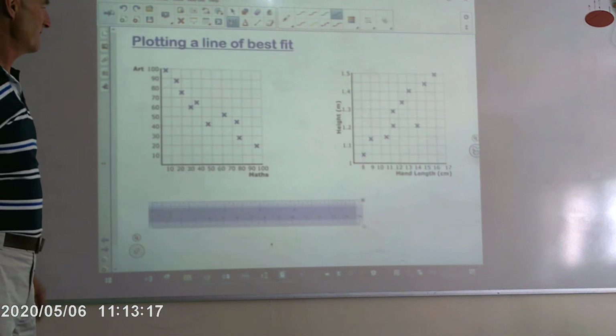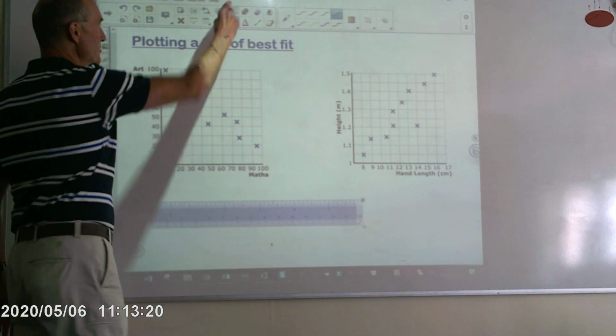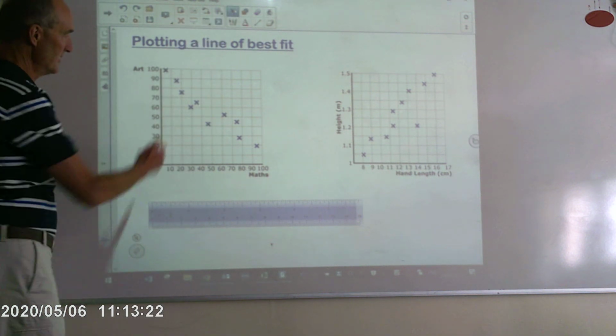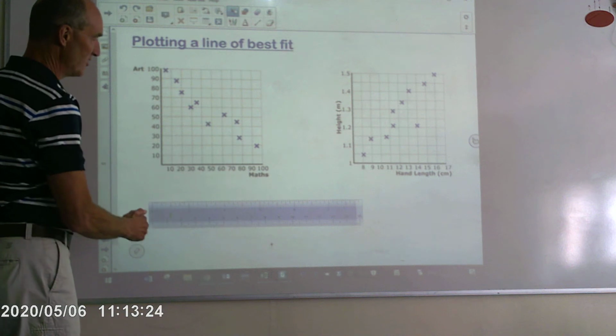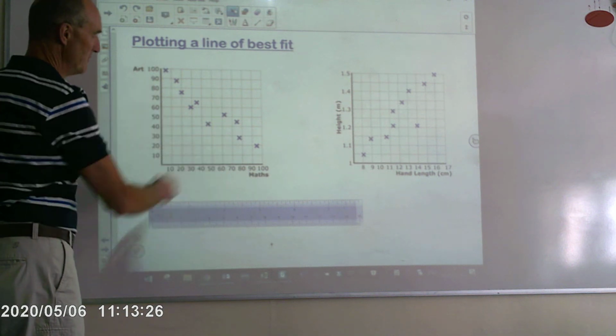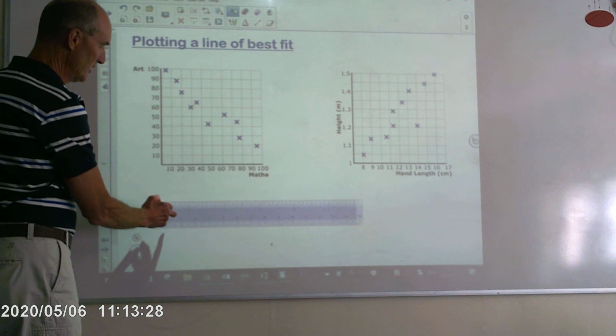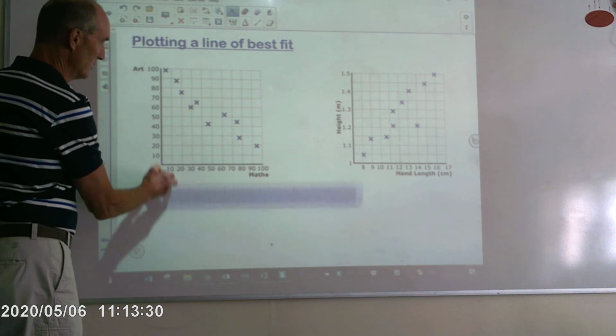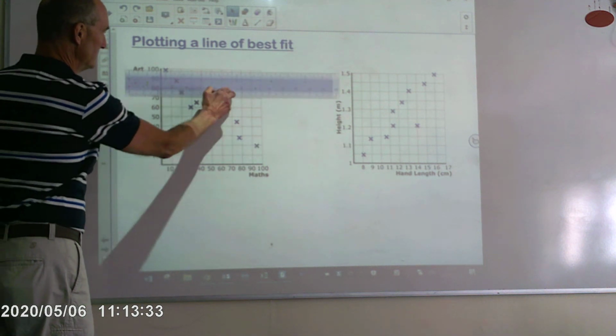Plotting a line of best fit. What are you being expected to do? You've seen me do it on the board already. We've got a set of points here on our scatter diagram. It's comparing art scores and math scores. So what we'd be expected to do, get our ruler,